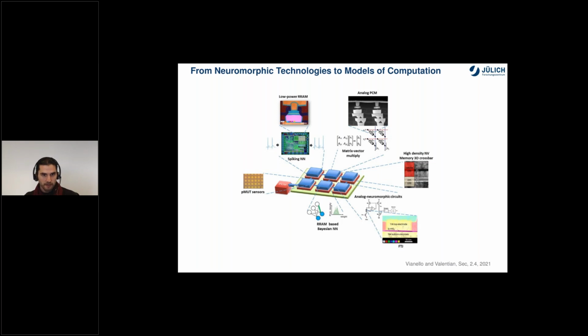Now, when we have these systems, they also raise certain challenges, which is how can we actually connect the dynamics, the properties, and the constraints of these devices to actual computations and to actual algorithms. And understanding this is really key to map and deploy these neuromorphic systems in real-world problems. And so that is really the subject of that section of the roadmap.